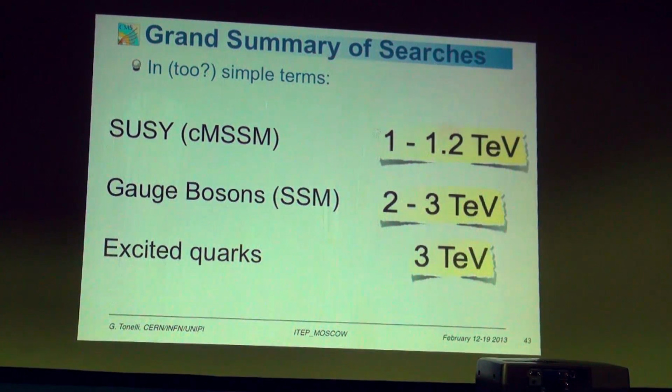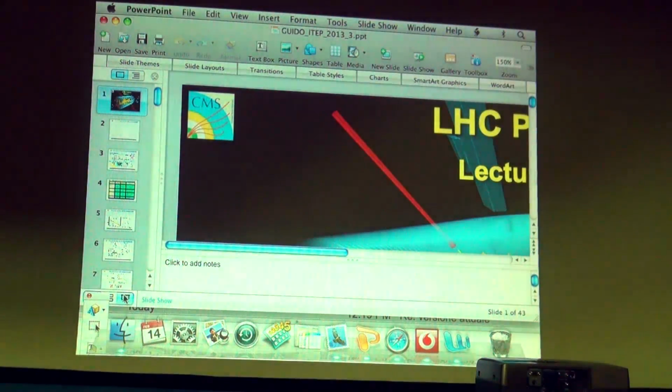This does not mean that we don't have room open. We still have room open for sbottom and stop at a level from a few hundred GeV up to a few TeV. This will be the challenge of the next data taking period. We exclude massive gauge bosons, like the one predicted by the sequential standard model, at the level of 3 TeV or more, and excited quarks at the level of 3 TeV or more. This is a picture that should be taken into account. If you want to build a new model, you have to take seriously this experimental constraint. It is a pity that we have not discovered new physics at LHC.